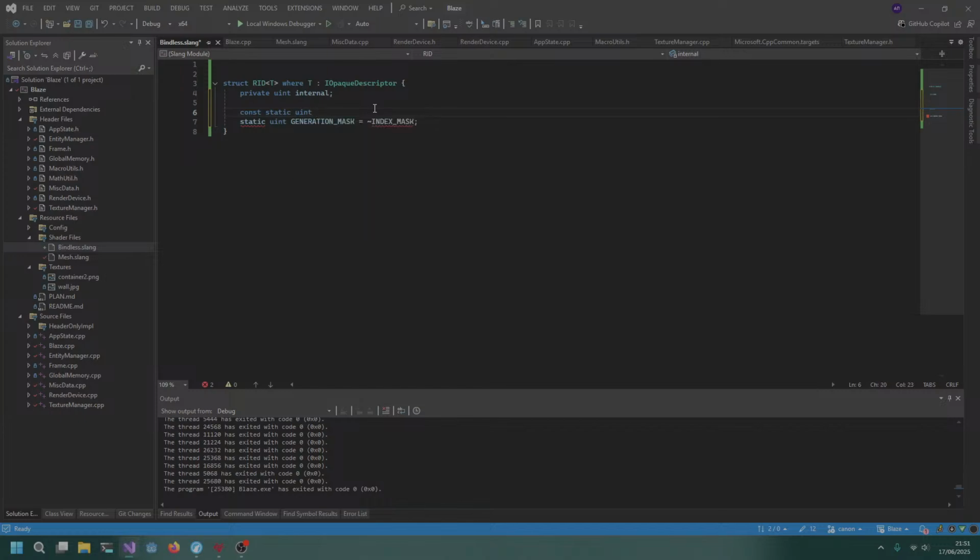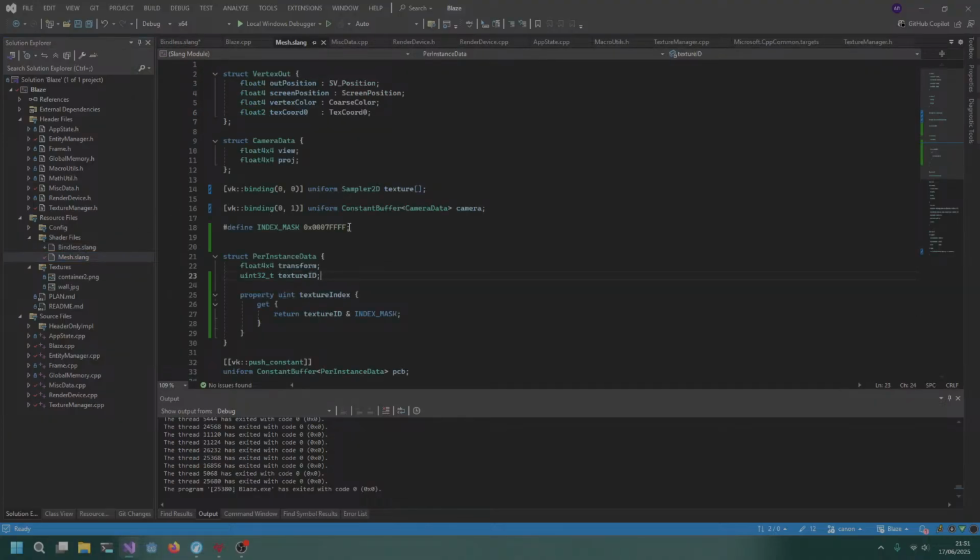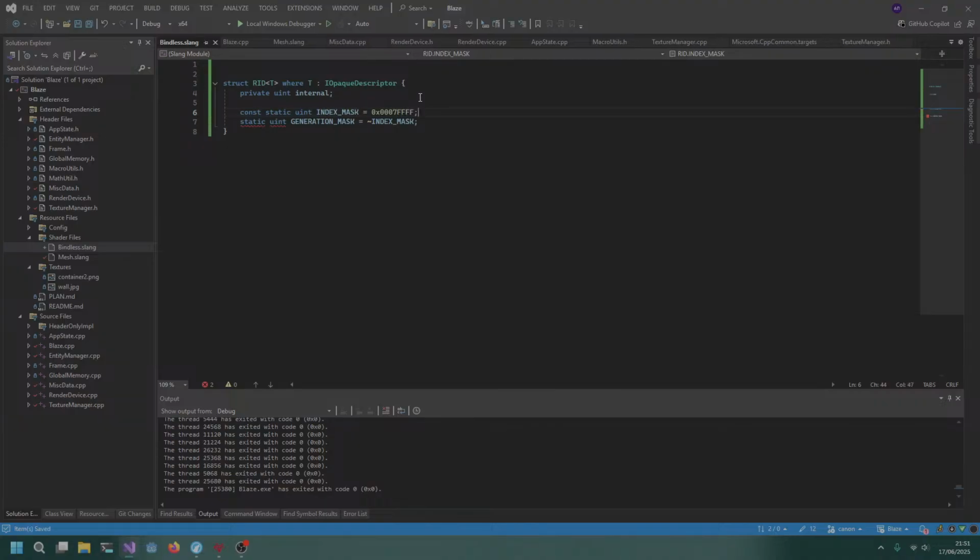So static index mask equals 0x. So we have this number in Slang here. So we'll copy that. So again, const static generation mask is the flip of that. So good to go here. Okay. Then also private